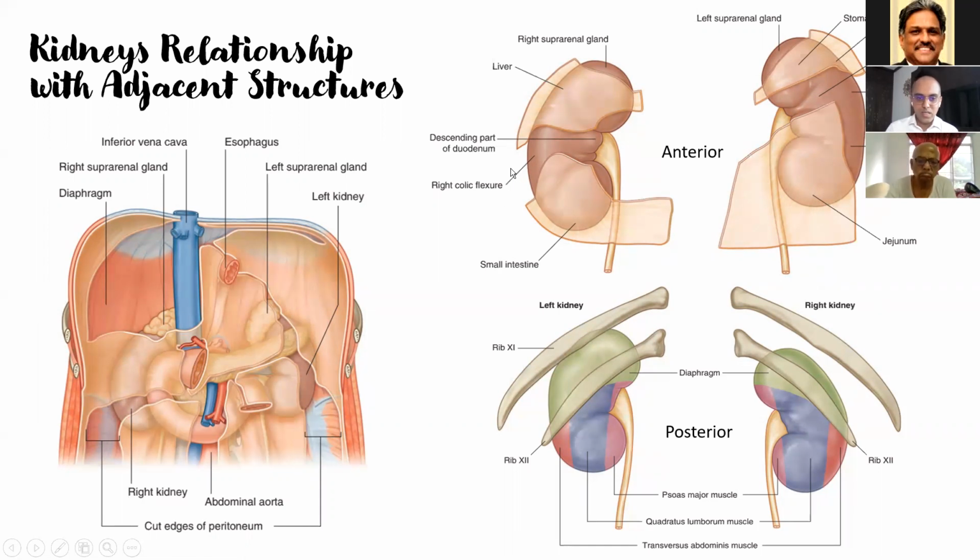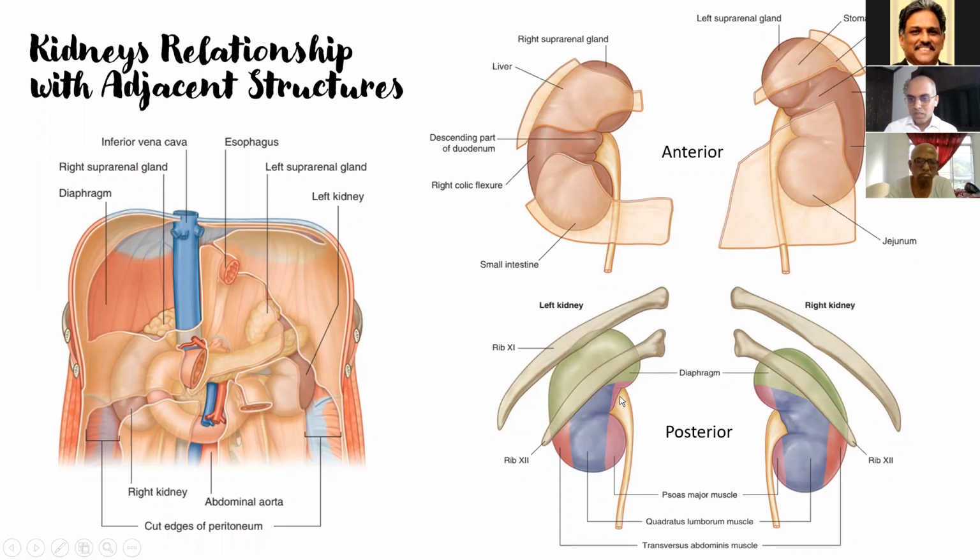To access the kidney intraoperatively, the peritoneal attachment of the large bowel should be mobilized to access the kidney. Posteriorly, the 11th and 12th rib overlay the kidney. The upper half of the kidney is in close proximity to the diaphragm, and the lower half of the kidney has the medial third